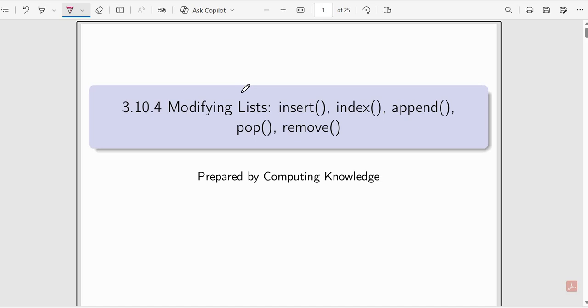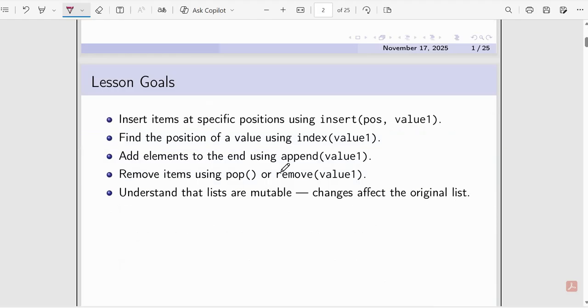This is topic number 3.10.4 about modifying a list. We can modify a list using the insert, index, append, pop, and remove functions. These are all built-in functions. The lesson goal is to